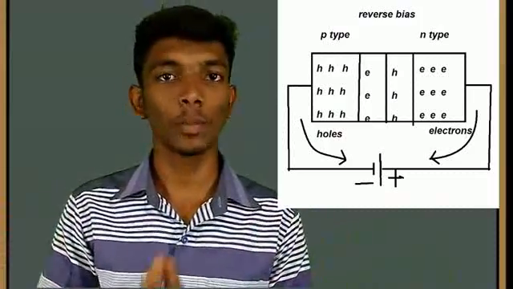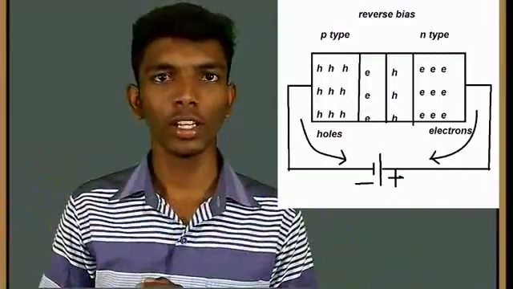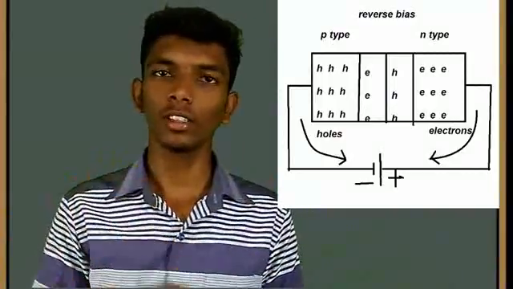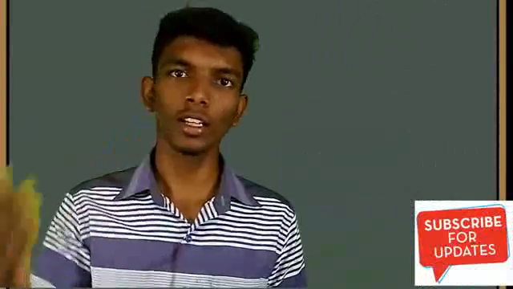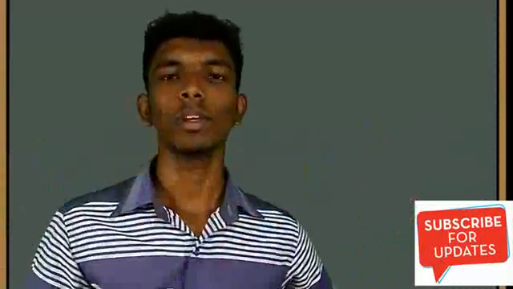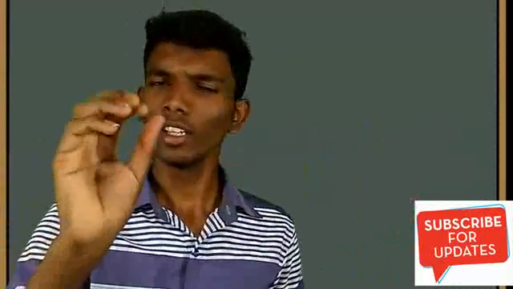While considering the majority carriers, the circuit is reverse biased. While considering the minority carriers, the circuit is in forward bias condition. Under the forward bias condition, the current can flow through the circuit. The minority carriers can flow through the circuit. Diffusion can take more time. Because of the minority carriers, a very small amount of current flows through the circuit.